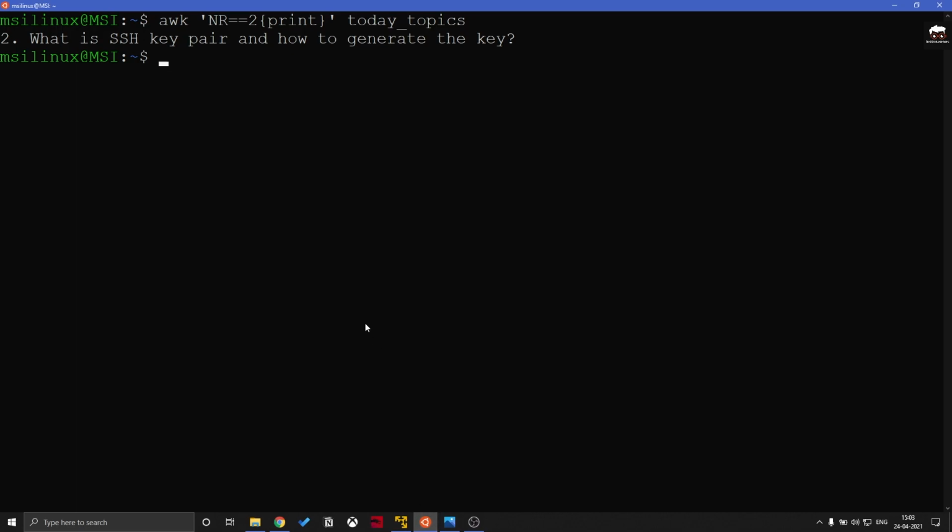So now coming to the SSH key pair. Basically, an SSH key pair is a combination of two keys: one is public and the second is private. A public key is copied to the SSH server. Anyone with a copy of the public key can encrypt data, which can then be read by the person who holds the corresponding private key. A private key remains only with the user. So in order to encrypt or decrypt any data, the user who has the private key must have the corresponding public key.